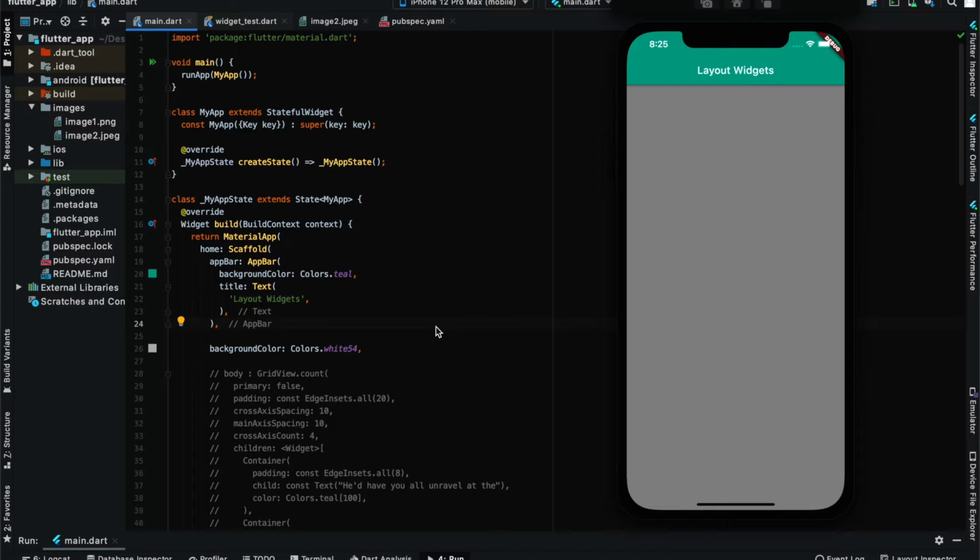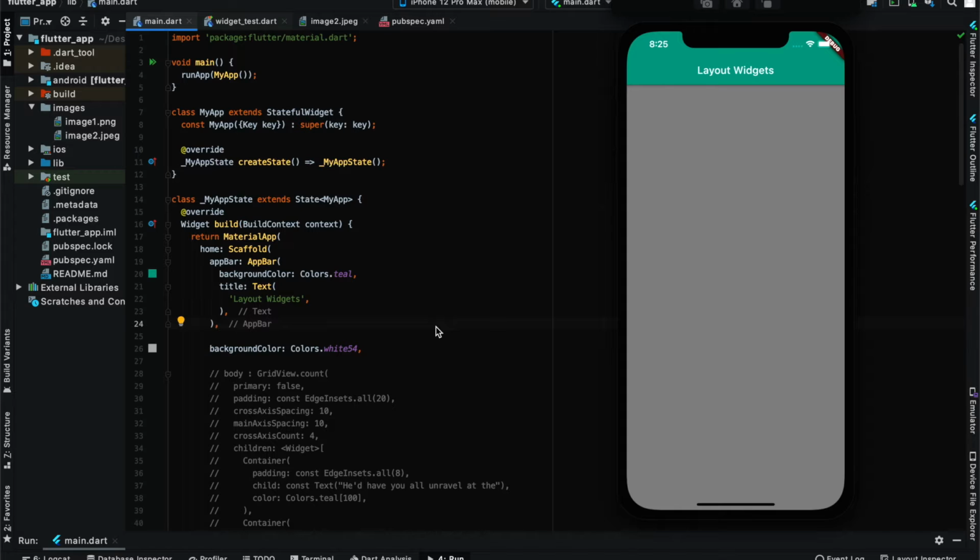So in the previous videos we were talking about layout widgets, and we have completed single layout child widgets. So now we are going to start with multi-child widgets, so let's start with some widgets now. Okay, so the first one is your column widget. As I've already explained the column and row widget in your basic widget video, you can go through it.